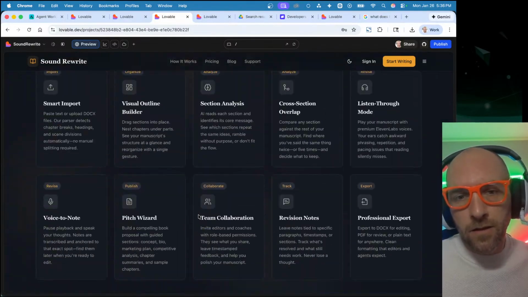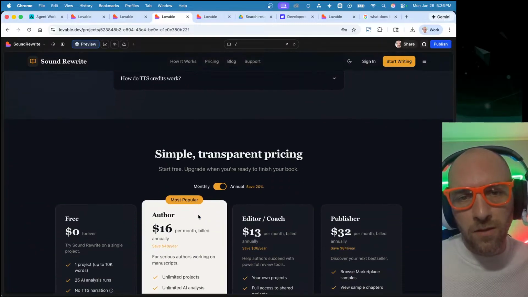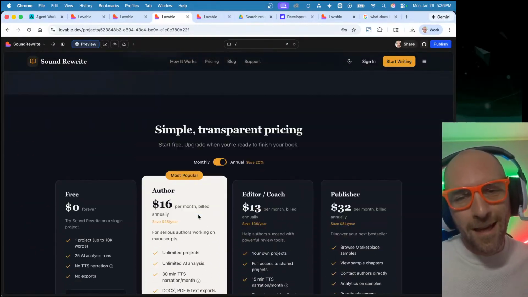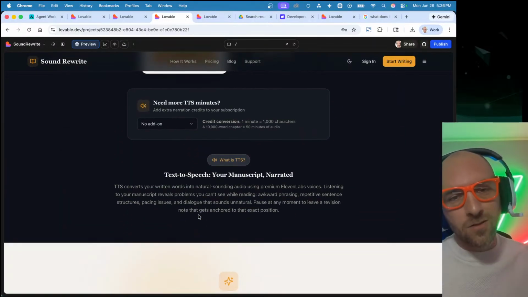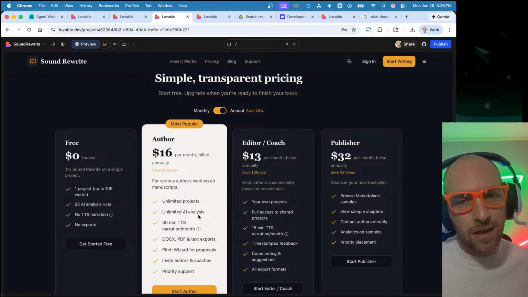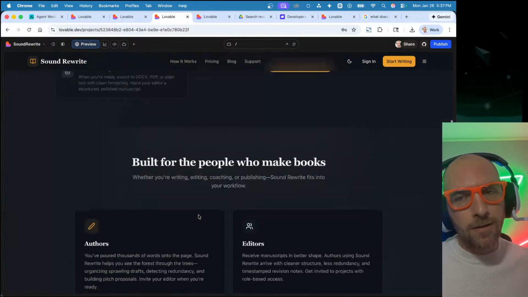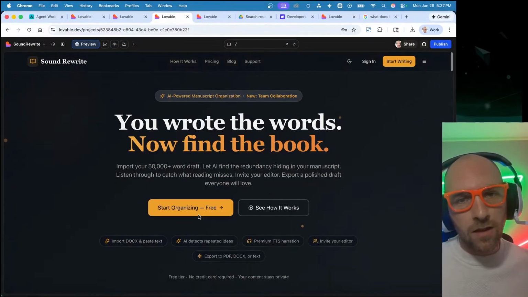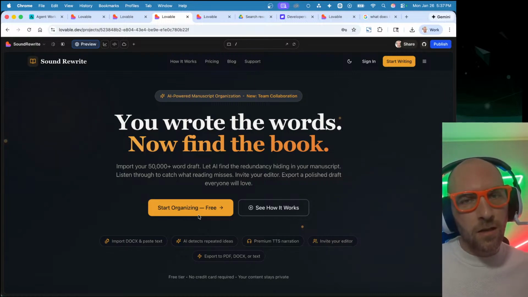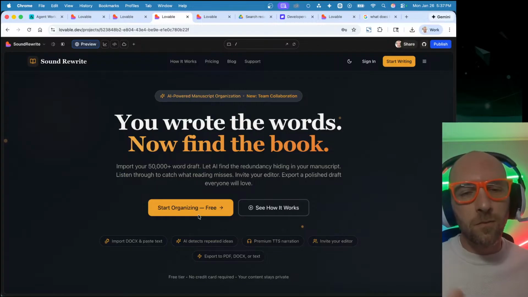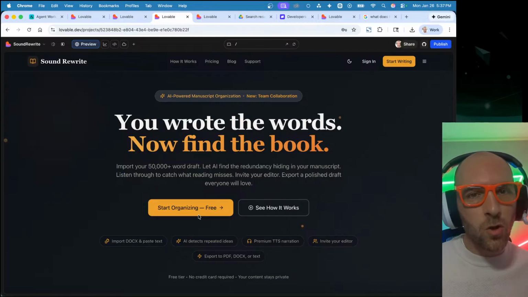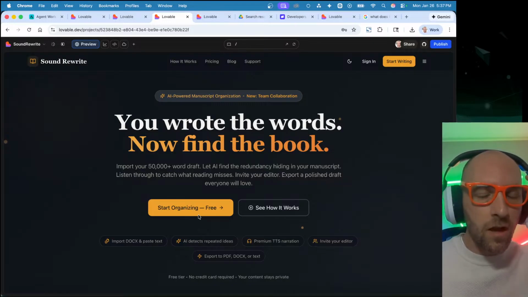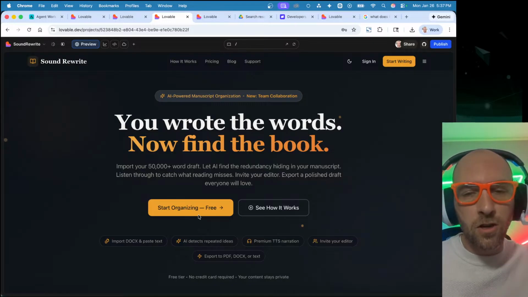But this application is designed to help me finish my book. And I've been working on it for about a year. And I have about 60,000 words, and it's a mess, and I need to get it together. And so I've been working hard to be able to create the perfect application for me to organize my book and invite my coach into it and invite my editor in, and eventually, hopefully, show the books and pitches that I want to write to publishers who also share in this ecosystem.